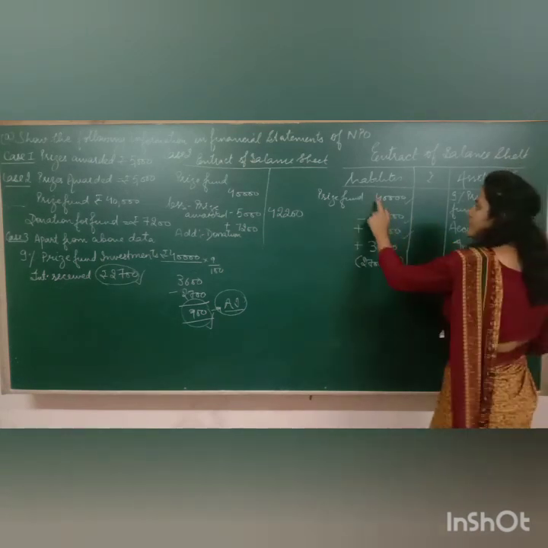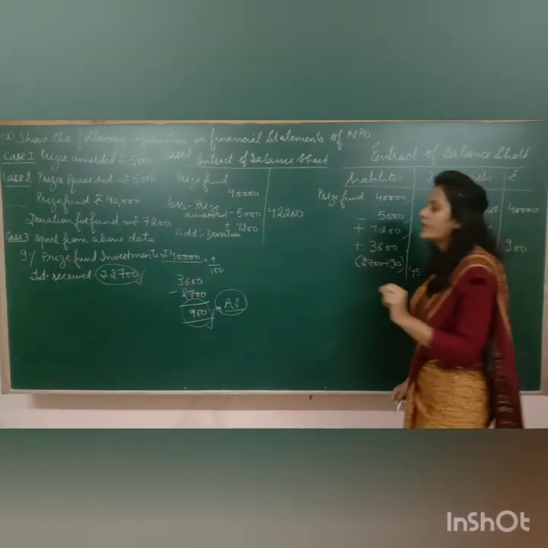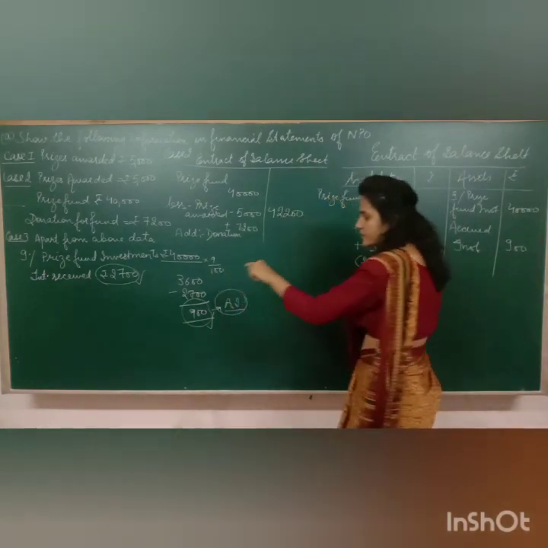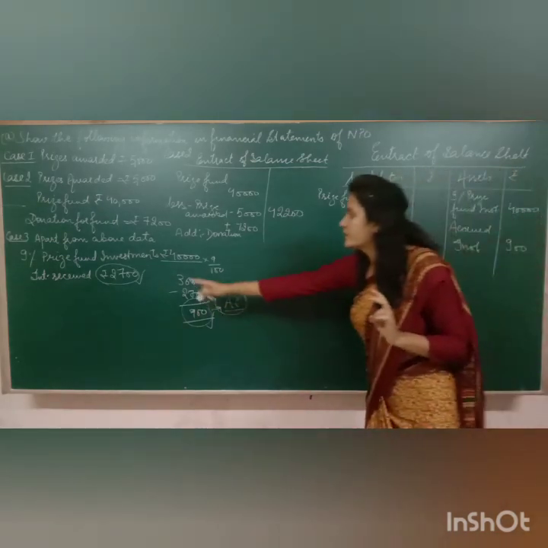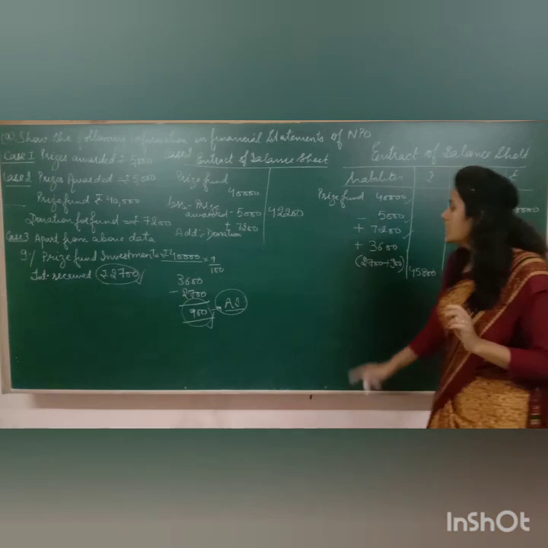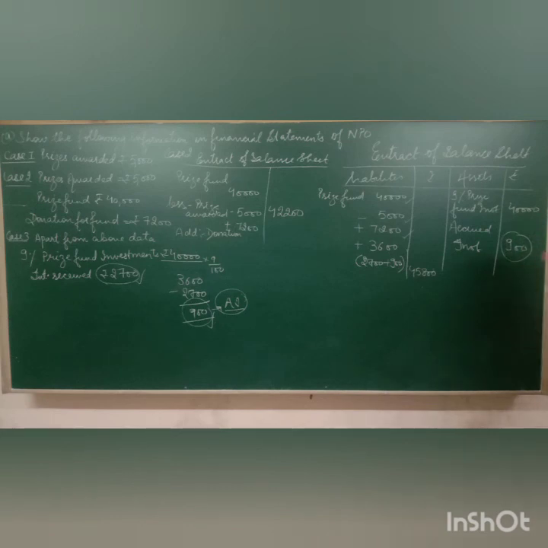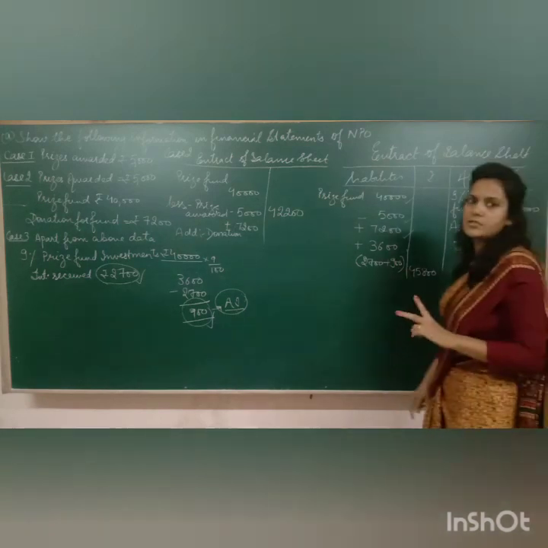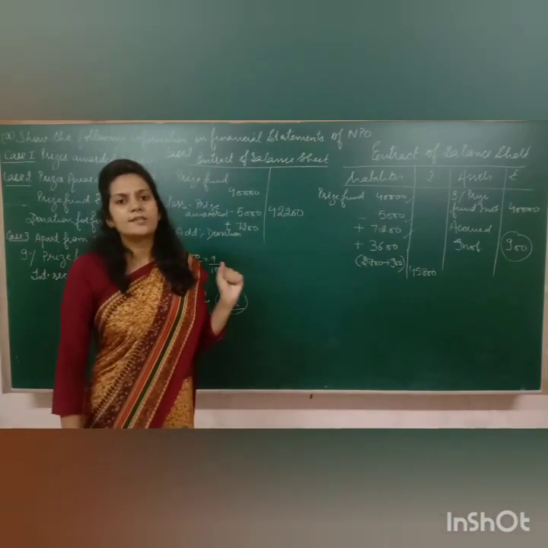Now as you have invested this fund somewhere else, so you ought to get some interest also. Interest of rupees 3,600 you have to receive. But in reality you have received only rupees 2,700. So total interest you are going to add here, and this 900 being accrued interest will be shown on the asset side of the balance sheet. So this question comes for 3 marks in the paper. So do practice these two questions.